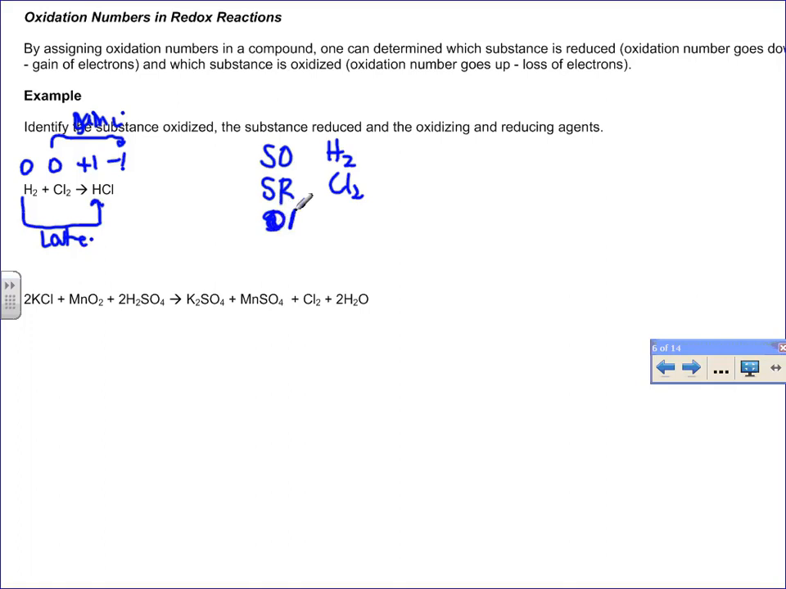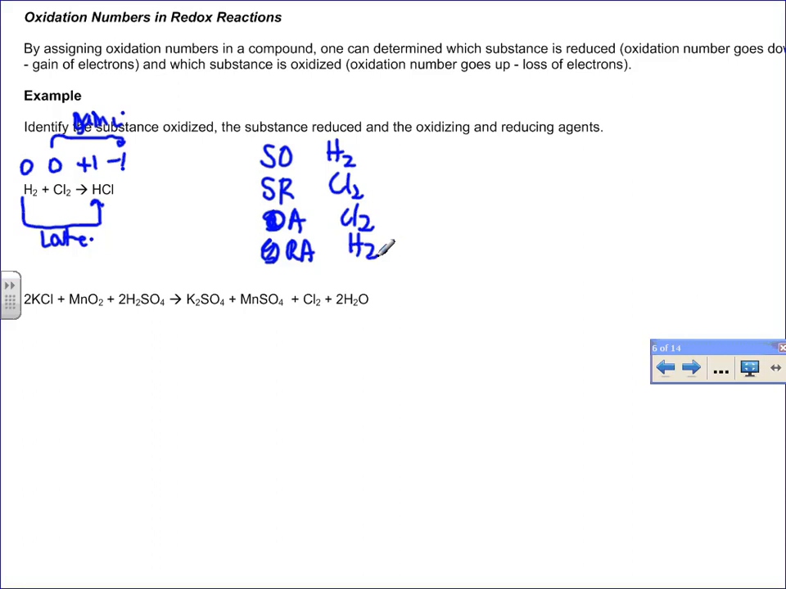The oxidizing agent, okay, is the substance that has been reduced. It is the substance that is helping the oxidation to occur. So whatever is reduced is the oxidizing agent, and whatever is oxidized is the reducing agent, which in this case is the hydrogen. So when you're identifying the substances oxidized, reduced, and the agents, it's always going to be reactants that you are